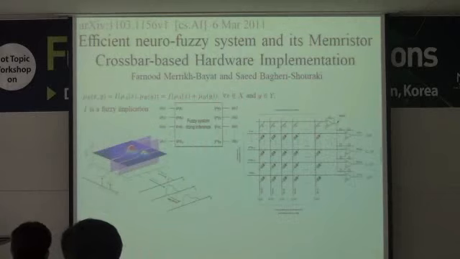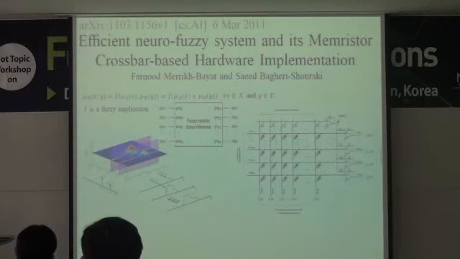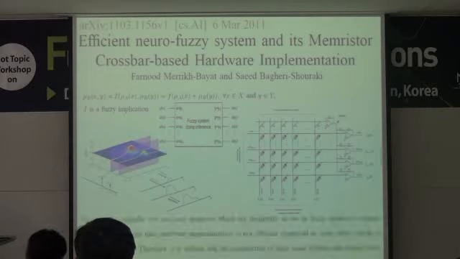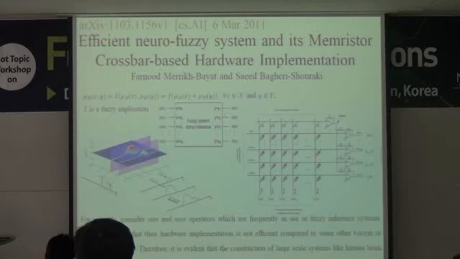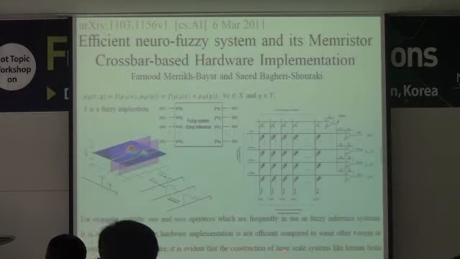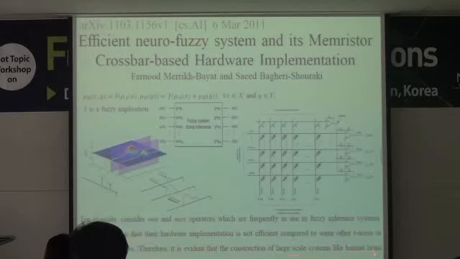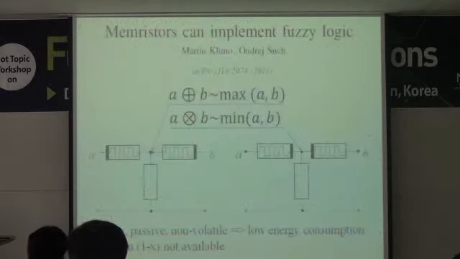It is also known that the Memristor grid can be used for fuzzification. But in this paper was written one sentence which was quite pessimistic. Then it is evident that the construction of large-scale system like human brain based on this inference method is very hard, if not possible. Then it seems to be very pessimistic, but we have found that it is possible, and